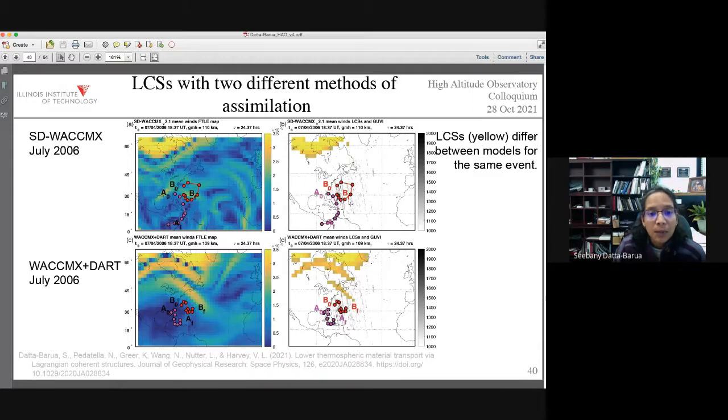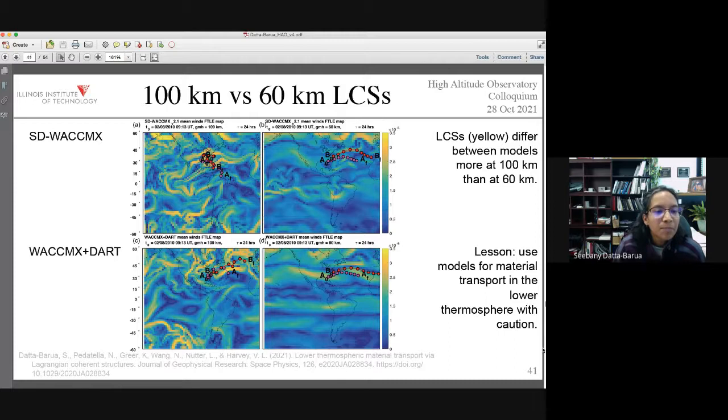And then when we compare them on the right-hand side to where the GUVI observations are, they're sort of spread across the whole Atlantic. I'm not sure if you can see this. It's pretty light gray, and it's not really clear which of these models might be doing a better representation of that particular event. So we took these two models and tried them for a different shuttle event where unfortunately we don't have the